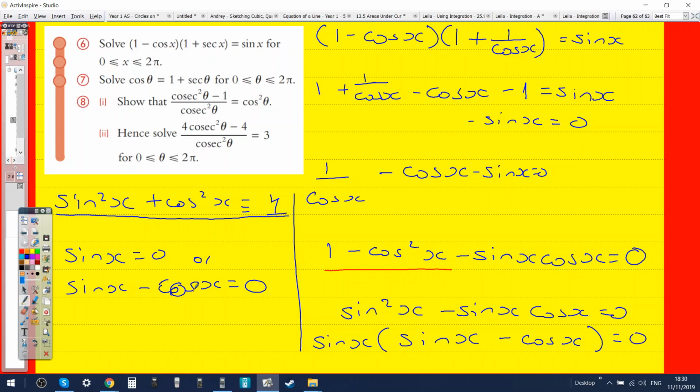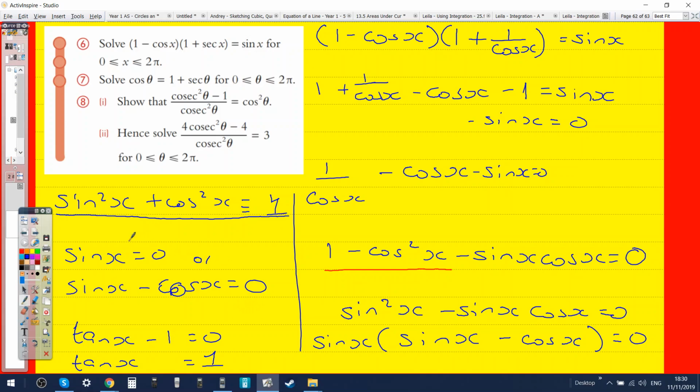I believe you can divide through by cos. What would happen if you divided everything by cos x? So then you get tan x minus 1 equals 0. And so tan x equals 1. Yeah. And then you'd rearrange to get it. And then you would just do arctan,